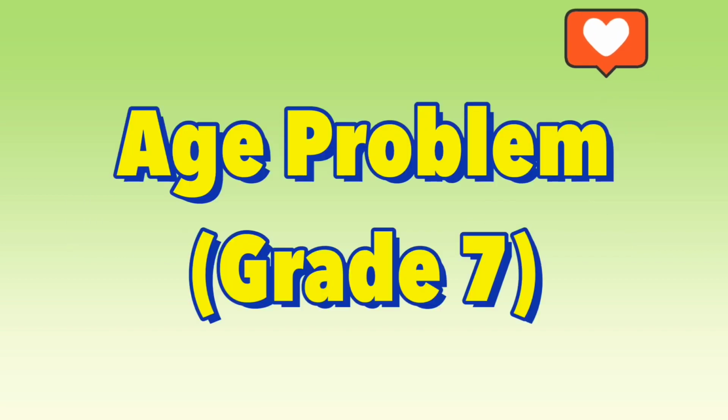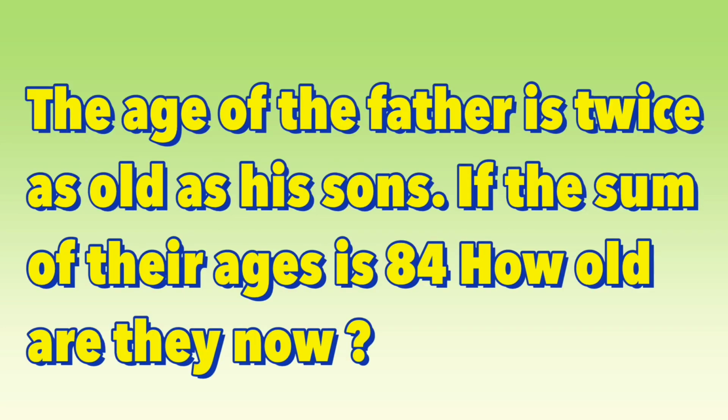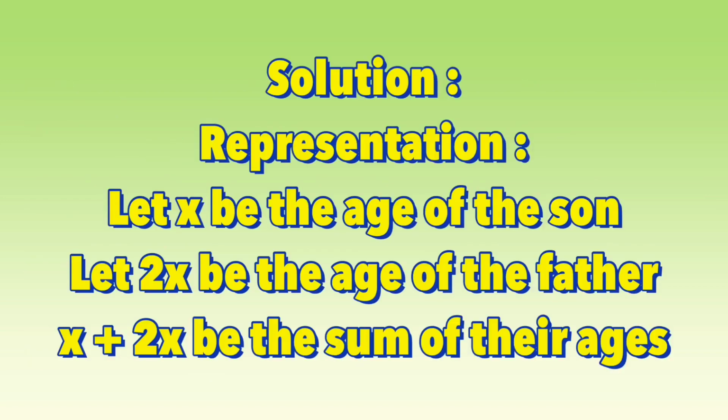Today we're going to study again how to solve the age problem in grade 7. Number 1 problem. The age of the father is twice as old as his son's. If the sum of their ages is 84, how old are they now? So it's asking for the present age,